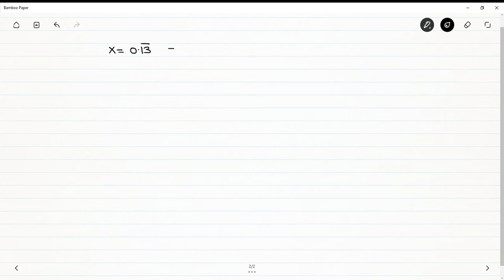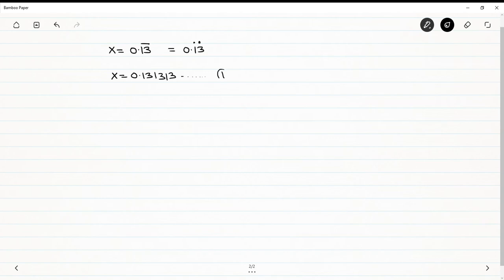So, or the same thing, sometimes in the exam it can be written like this also, 0.13, and two dots will be placed like that. They are the same thing. So the logic will remain same, exactly similar method we will use here. So it can be written as 0.13, 13, 13, and so on, because 13 is repeating right now.